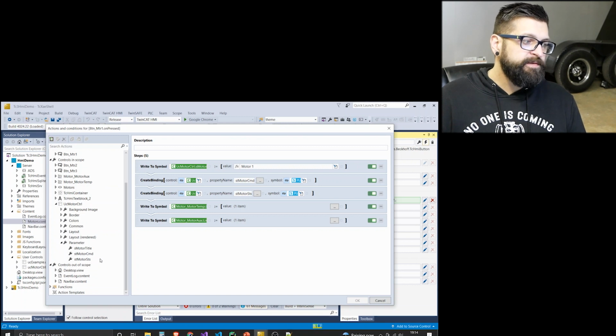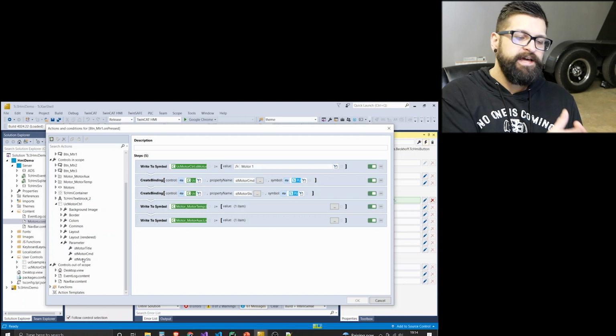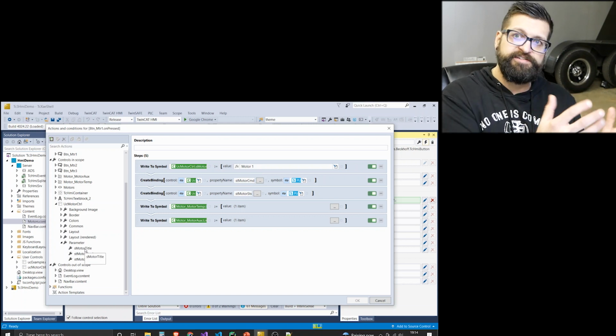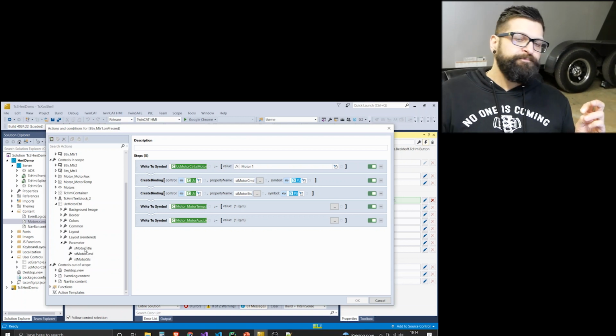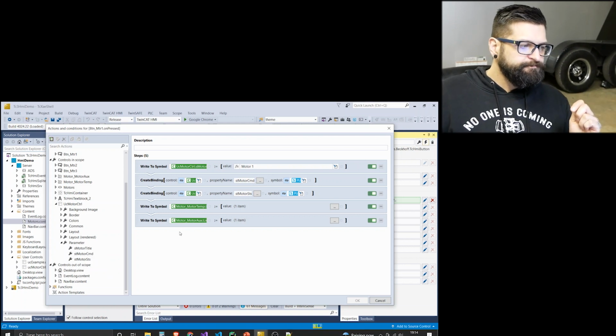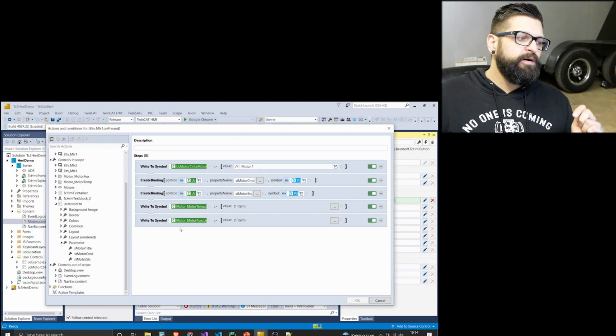If I drag and drop them over, which is what I've done, now I can write to that symbol a value. So when I click motor 1 button, I want to write the string motor 1 to the S motor title, which will then go into the user control, and it will do what the user control does, which displayed in that text box. The next two are a little bit tricky, because the next two are how I actually